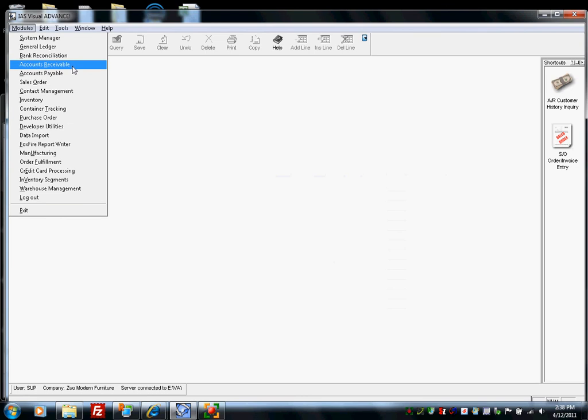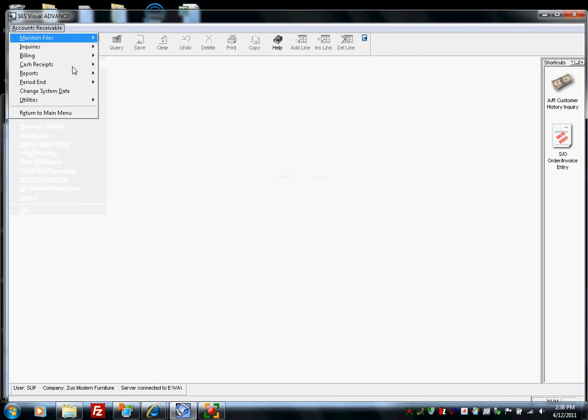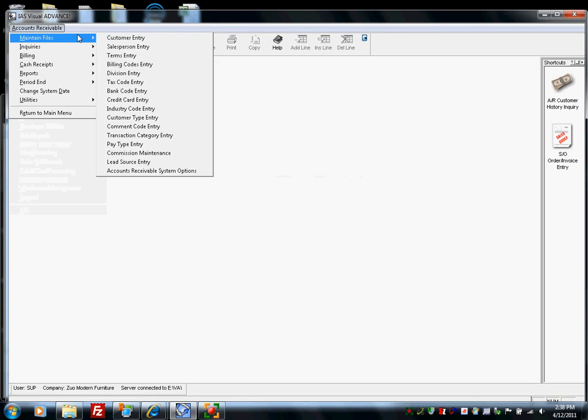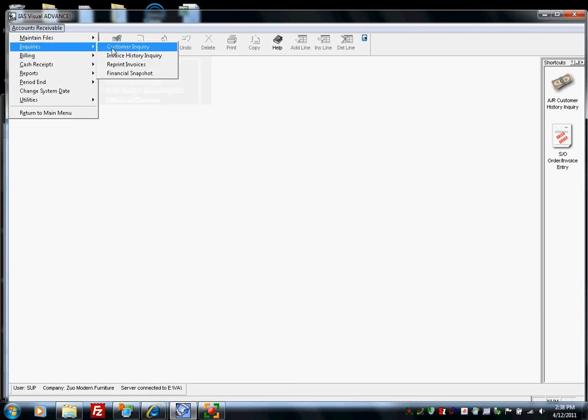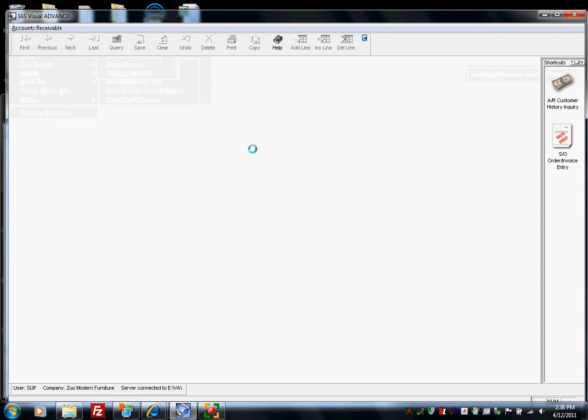You would then go to the next module we have, which is our accounts receivable module. If we hit the accounts receivable module, this is where you would record your cash receipts. You would also do your inquiries for your customer. So if you needed to see, for